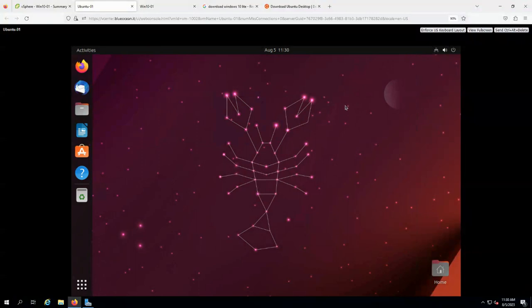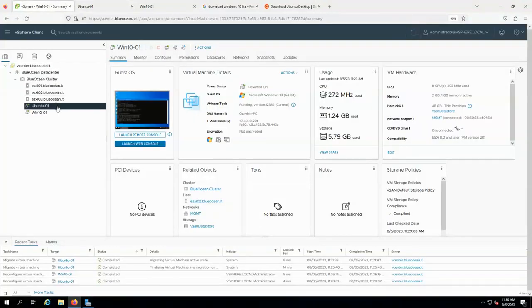Okay, I think we are done. Whenever you are working in a virtual VM, whenever you have finished installing it, you have to deploy the VMware tools. So let's deploy it. We go into Ubuntu